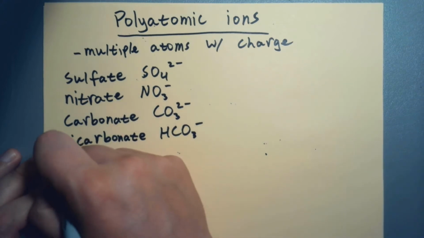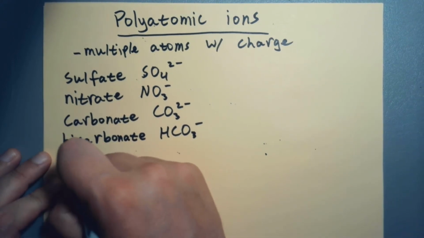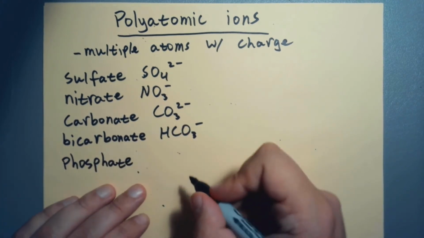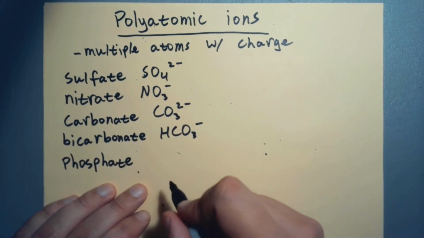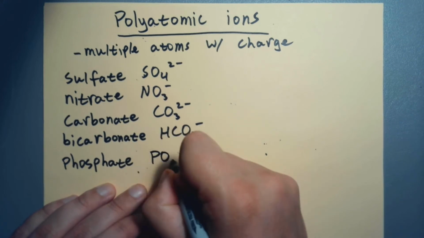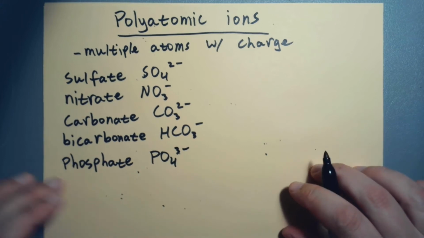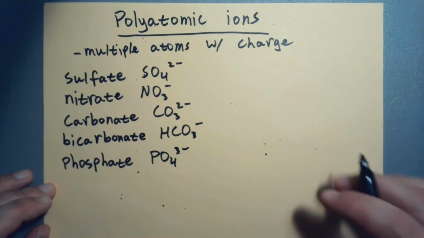Next we have phosphate, which is an incredibly important biological ion. If any of you garden, you often have to make sure that you have phosphate in your fertilizer, things like that, because it is very important to life. Alright, and then we have acetate,